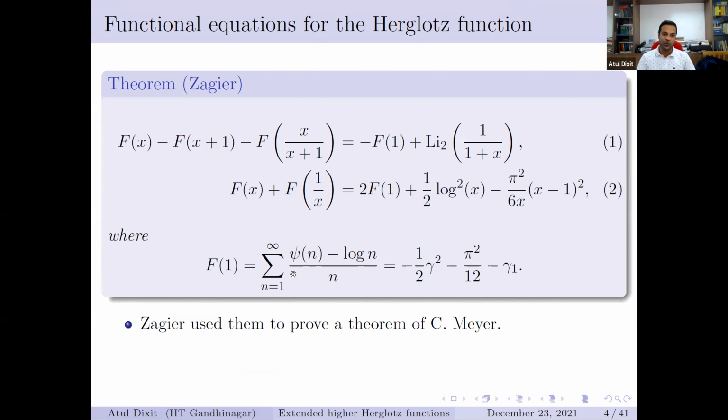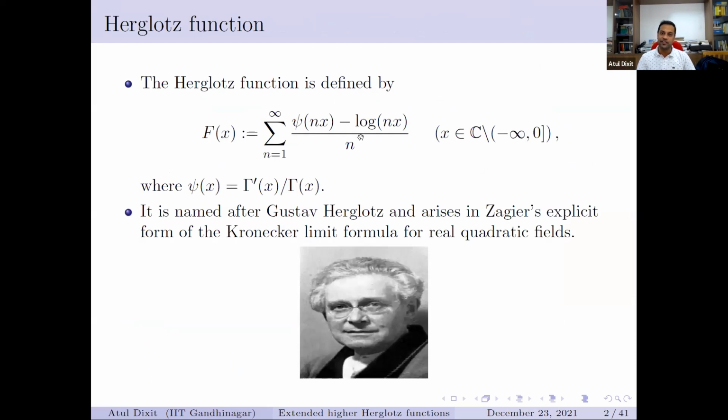So as I showed you in the definition, we have psi of nx minus log nx over n. As x tends to infinity, the behavior of this function f of x is easy to obtain because of the behavior of this psi function that is known. But if you look at x tending to 0, then we have a problem, right? The psi function is gamma prime of x over gamma of x, and gamma has a pole at x equal to 0. Log also is not defined at x equal to 0. So in order to get the behavior of this whole function after summing this summand as an infinite series,